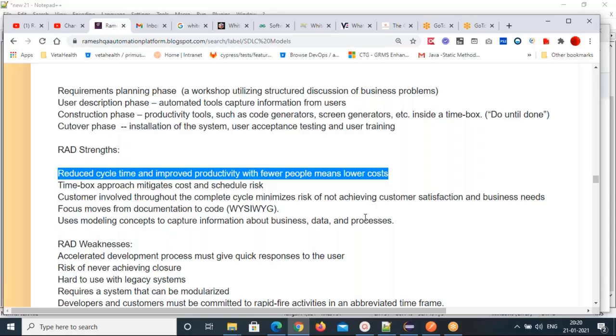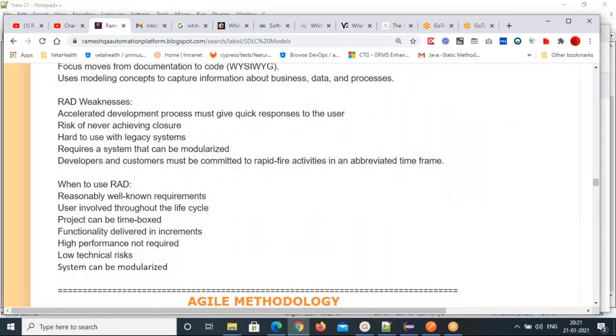There is also the risk of never achieving closure, because you keep doing small modules parallelly, so there is no closure. It is also hard to use with legacy systems. You cannot use it with legacy systems. Developers and customers must be committed to rapid-fire activities in an abbreviated time frame. Those are the RAD weaknesses.